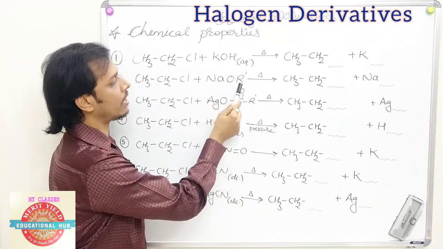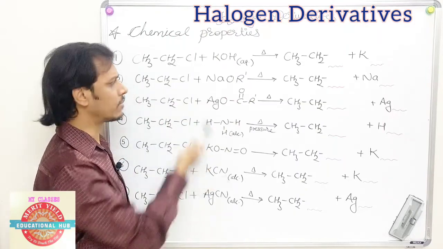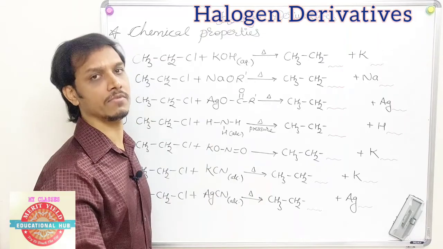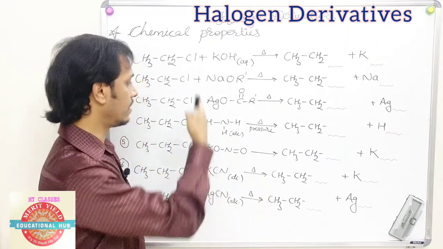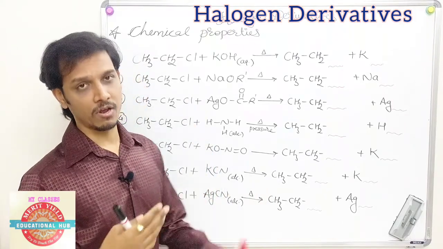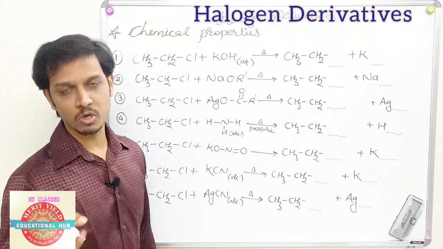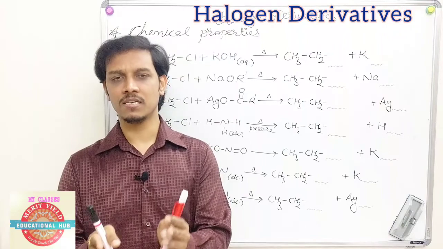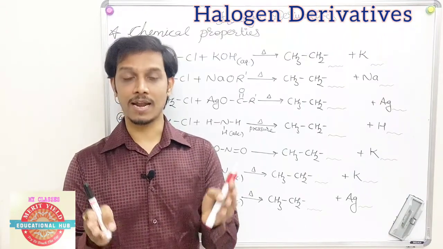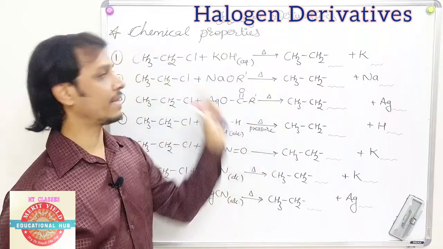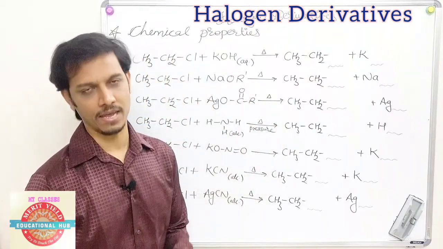Simple. R dash will replace Cl. Why? Because Cl is a bad nucleophile. If you take Br, that is a worse nucleophile, more bad nucleophile. Again, the level of badness is higher as size increases, because as size increases, the bond length increases and ultimately strength decreases. If strength is weaker, it is very easy to replace that particular kind of element.